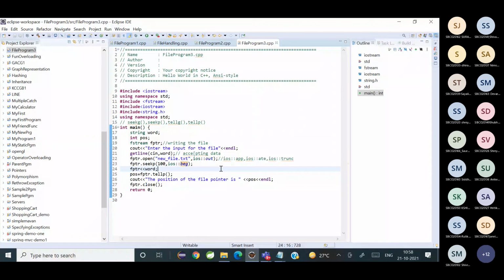So from that you can retrieve the position of the pointer using tellp. And seekp has two arguments, the offset and the position you want to reposition it from, like from the start of the file, the current position, or from the end of the file. Okay, and tellp actually returns the position. It doesn't have any arguments inside the method. Is it clear?